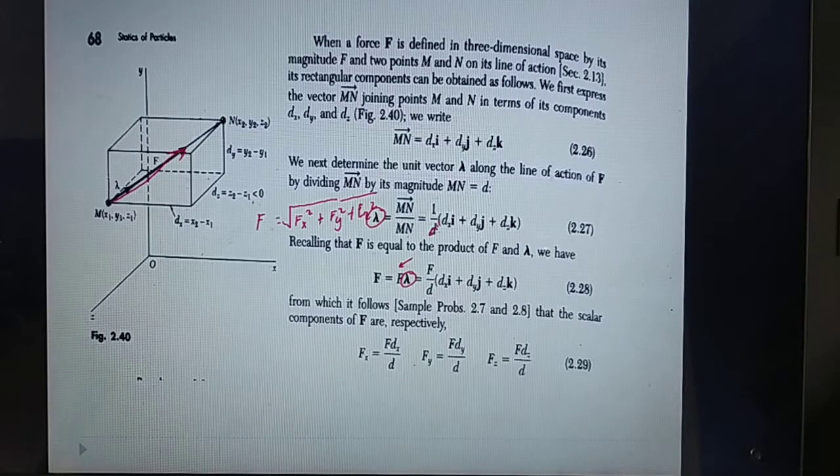So this distance is the distance of this vector, and that distance will be equivalent to the square root of the projection of its length to the x, y, and z direction: x squared plus y squared plus z squared. Okay, let's apply the theory to the analysis of the space